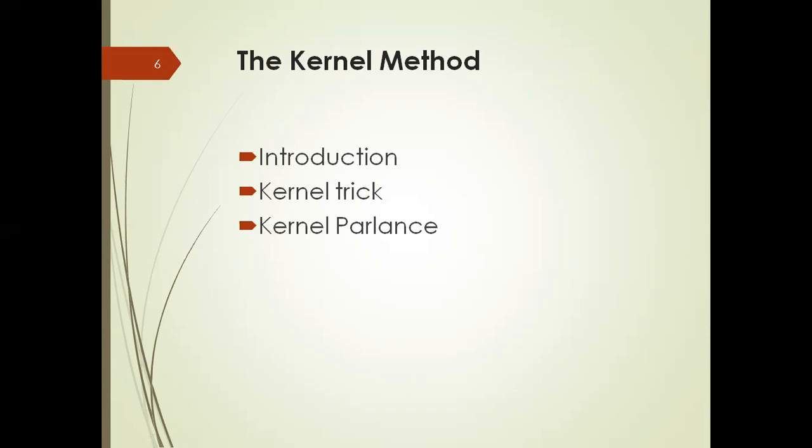There are several types of support vector models, including linear model, polynomial model, RBF model, and sigmoid models. These models come under the kernel method. SVMs have evolved to be more flexible and to tolerate some amount of misclassification. Then, coming to kernel parlance, what do we mean by it? In kernel parlance, we assign high weights to the abnormal situations and very low weight to the normal situations. The normal situations are almost completely forgotten. So this is about kernel parlance.